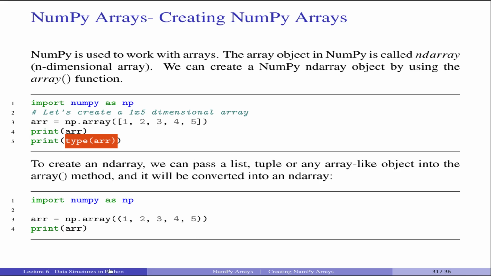আচ্ছা, so this will do the same thing. The array method will convert anything, a tuple, a list, number of elements, will convert anything into an array. Okay,